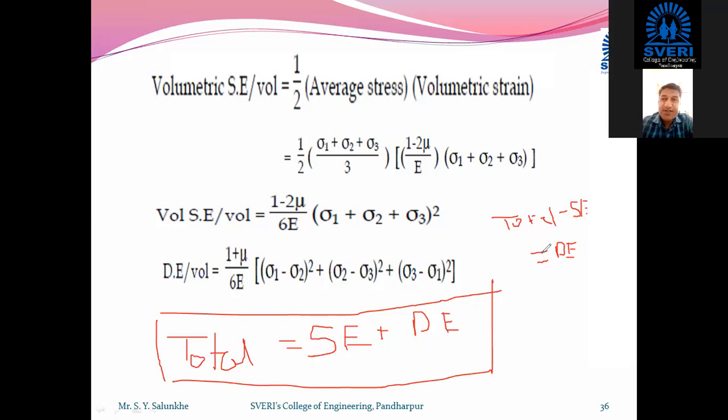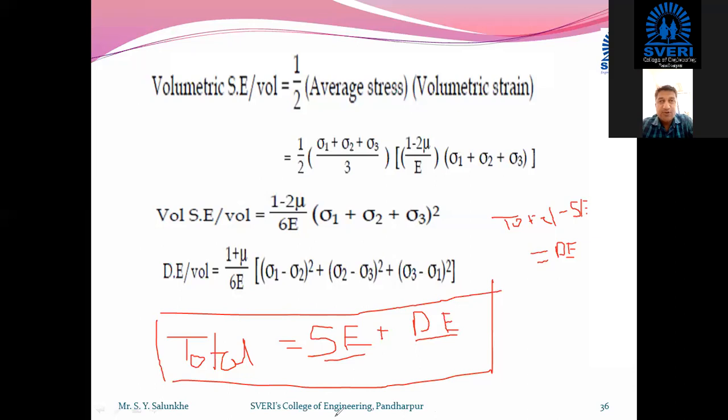डायरेक्टली आपण डिस्टॉर्शन एनर्जी अशी कॅल्क्युलेट करण्यासाठी कुठला फॉर्म्युला नाहीये, मग आपल्याला स्ट्रेन एनर्जी कॅल्क्युलेट करता येते. For the previous theory we have seen what the strain energy is. It is the average stress multiplied by strain, that is the strain energy, right? 1/2 sigma y into epsilon y. Epsilon y means the strain at the time of yield point, and sigma y means stress at the time of yield point for the tensile test, right?